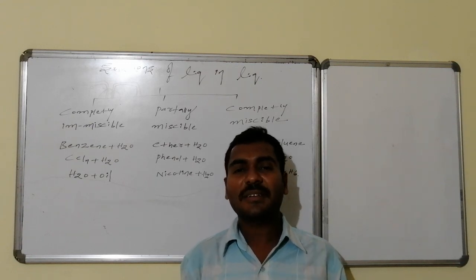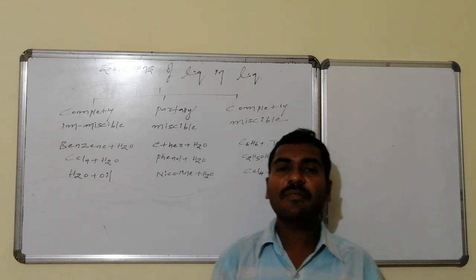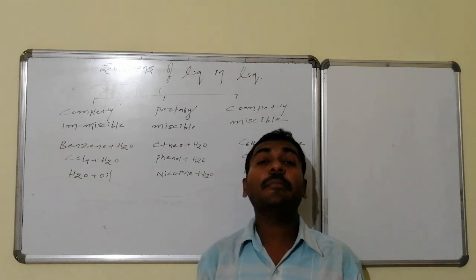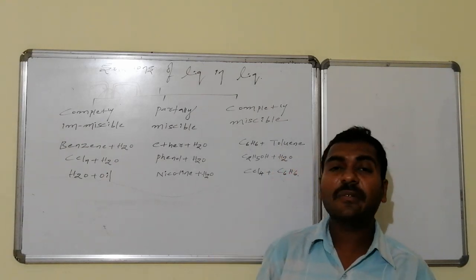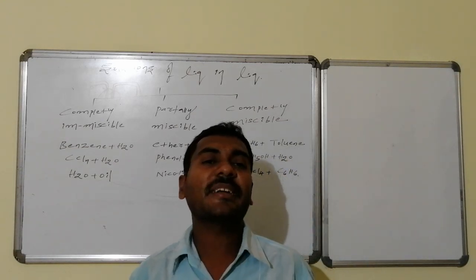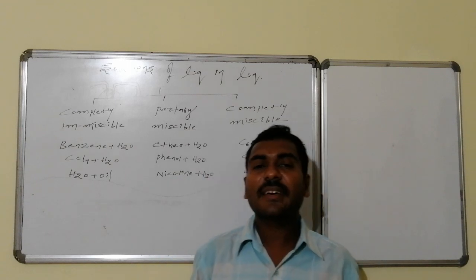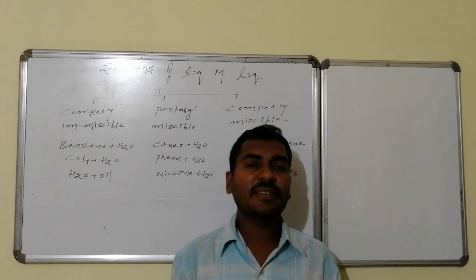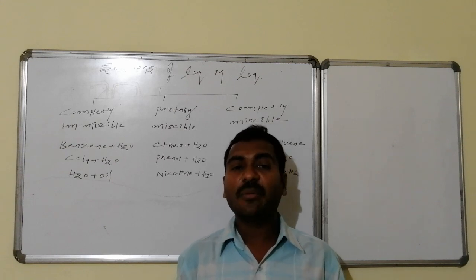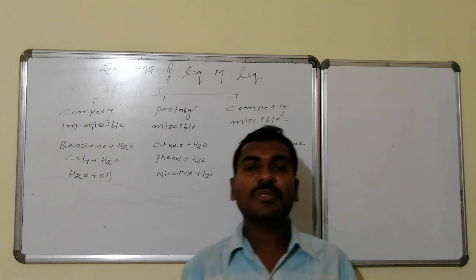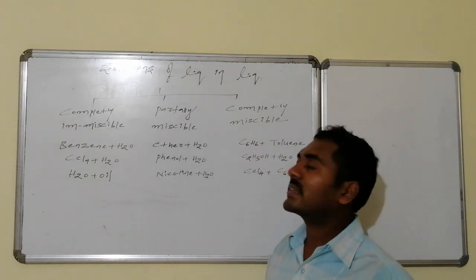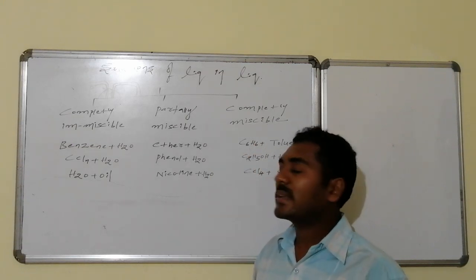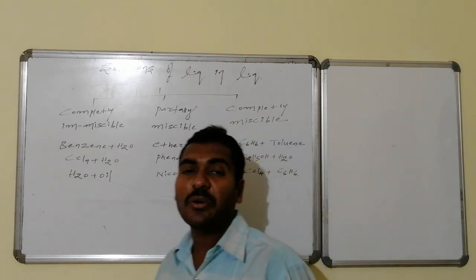Under any circumstances these two will not dissolve in one another, hence these come under the category of completely immiscible in nature. Whereas the second one, those are partially miscible. To a certain extent they will be miscible, and there are certain external factors that can affect the solubility, like temperature, like pressure, like impurities added, etc. Examples of partially miscible liquid in liquid solutions are ether plus water, phenol plus water, and nicotine plus water.